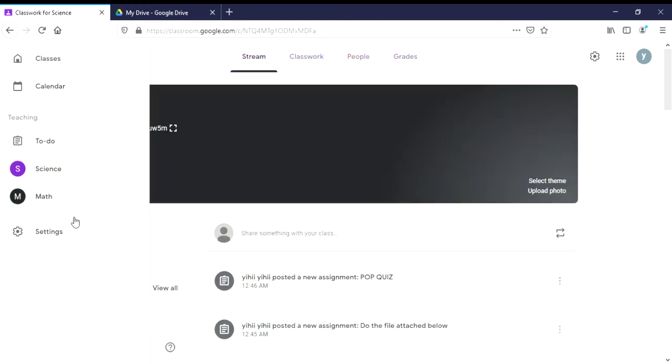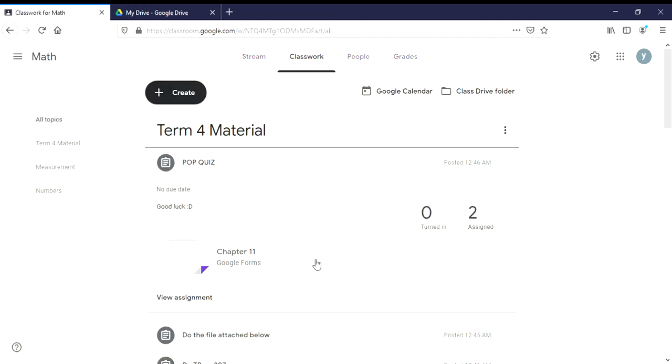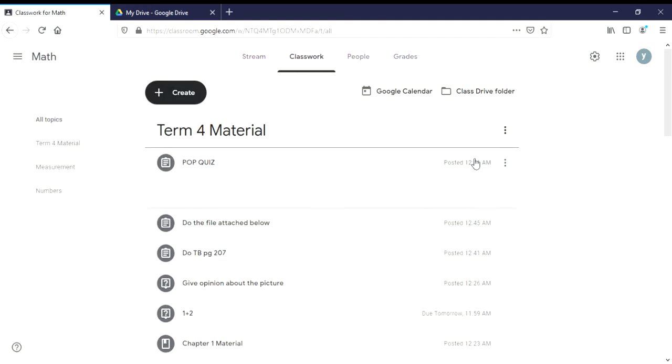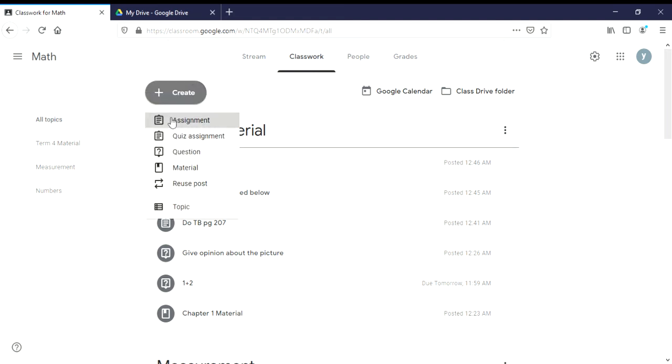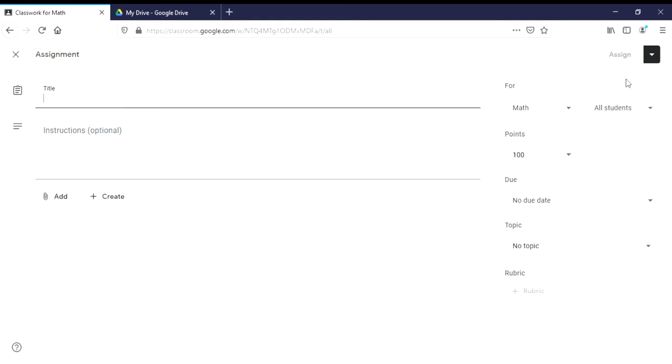So now let's go back. It won't change anything from here anyway. Oh, one more thing is you can schedule your assignment, your quiz as well. Let's say that, share note: tell me about your holiday.